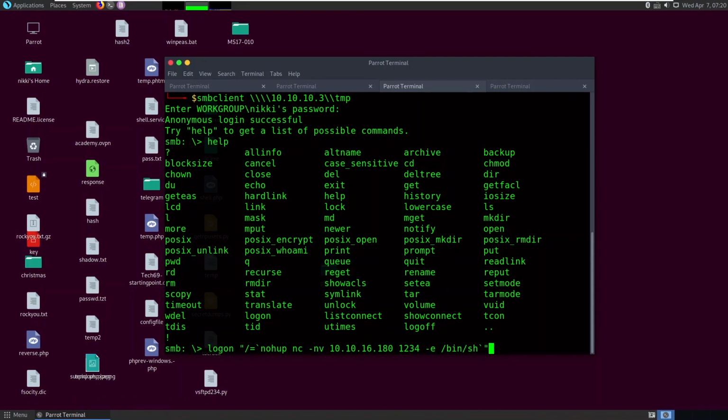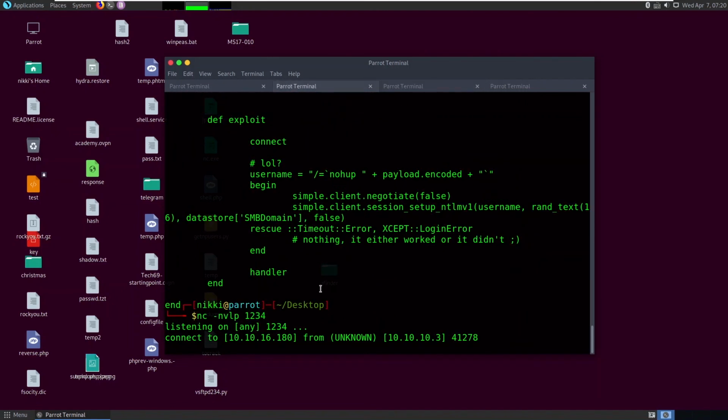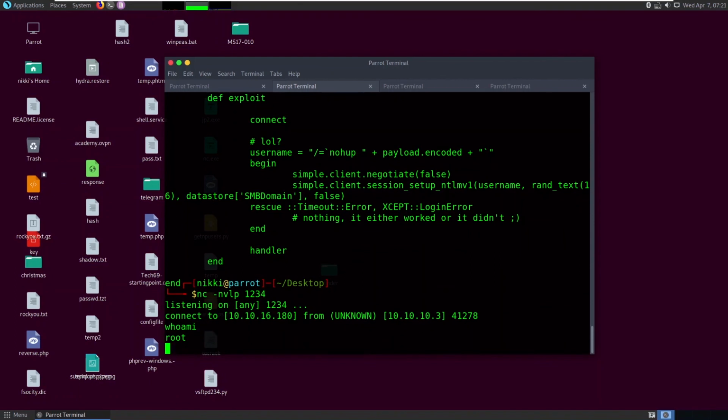I think we have done it correctly. Now hit enter and password, hit enter. So the command will be executed. You can see connect to our from unknown 10.10.10.3 41278. So we are connected. Let's say whoami, root.